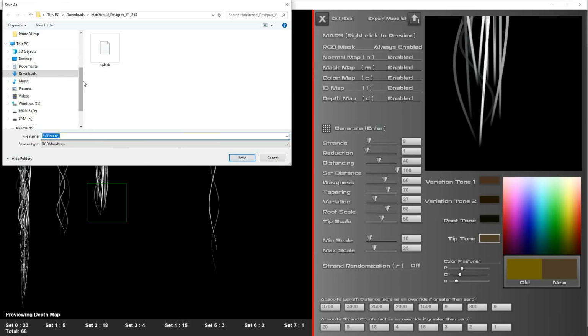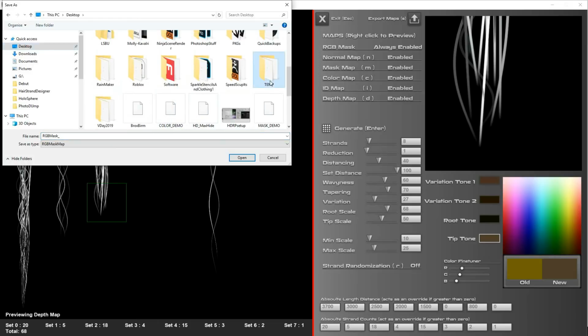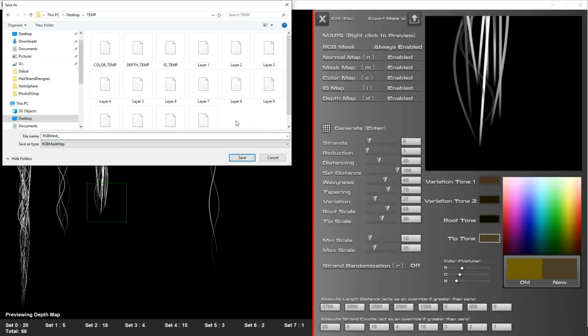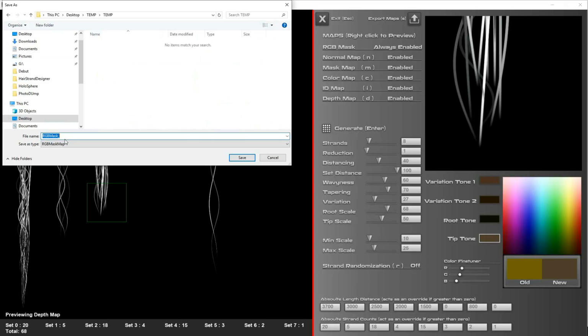So I'm just going to do desktop. I think I've got a temp folder here. I'll just add a new folder, call it temp as well. So you can see this first mask is the RGB mask, which holds the variation in the red channel, the root in the green channel, and the tip in the blue channel. And we've already colorized those to get a start on things. So RGB mask demo,